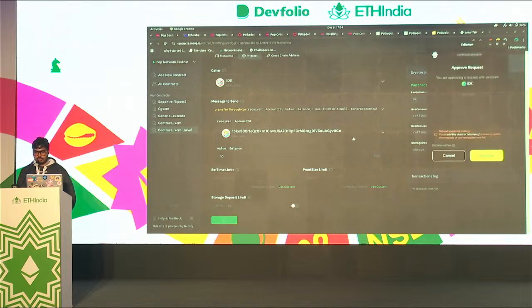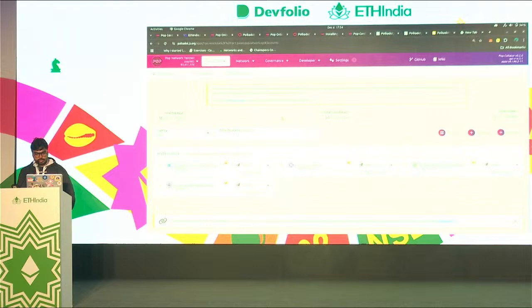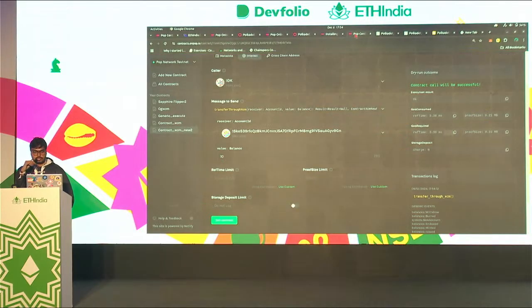Yeah. So now you can see the wallet that I mentioned earlier. This is the Talisman wallet, and it's asking me to approve this request. So I'm going to approve it, and hopefully this works. As you can see, the call is successful. But let's check our balance. Earlier my account did not have any balance, but now it has 10 Paseo tokens in it. So you can see how, with just XCM instructions, I'm transferring.